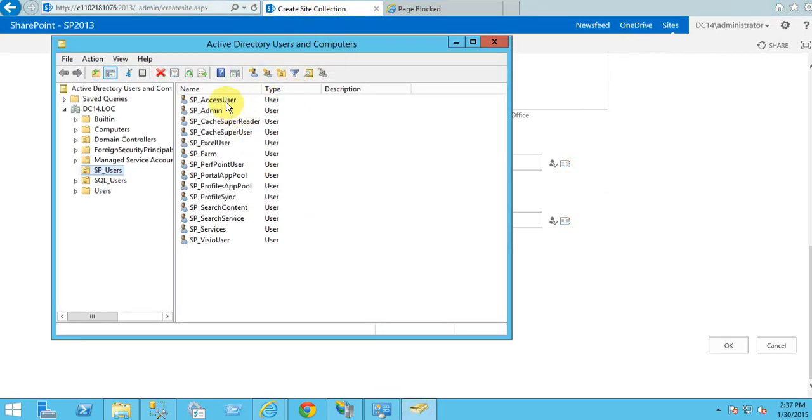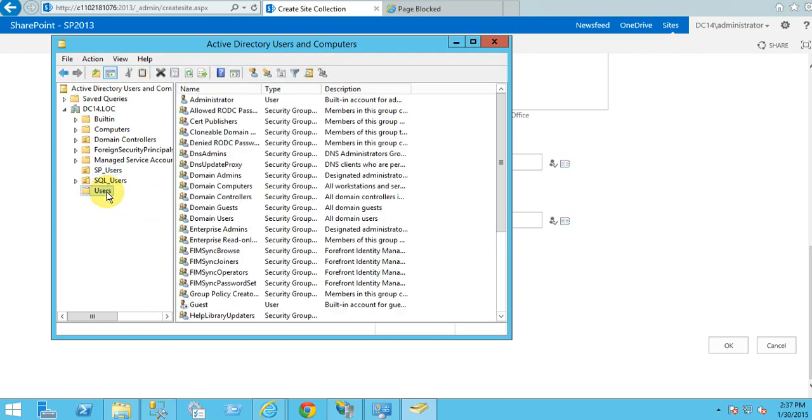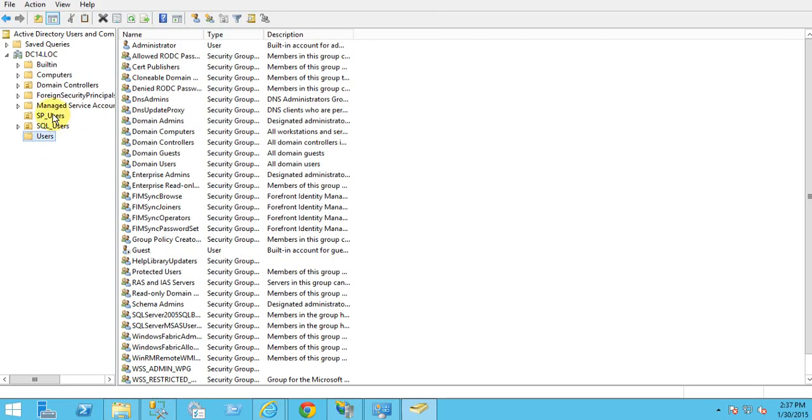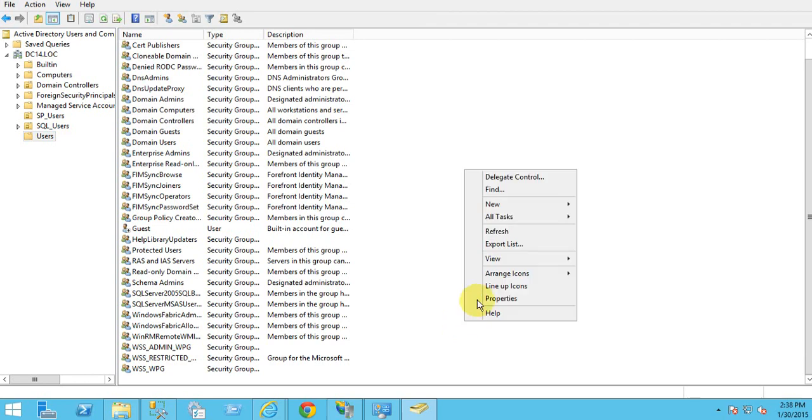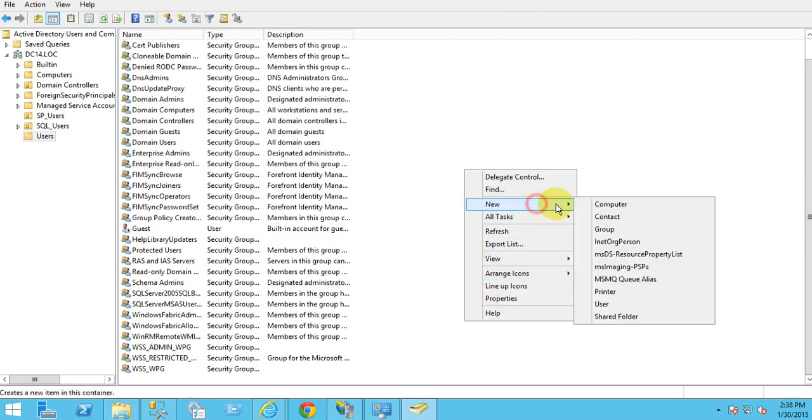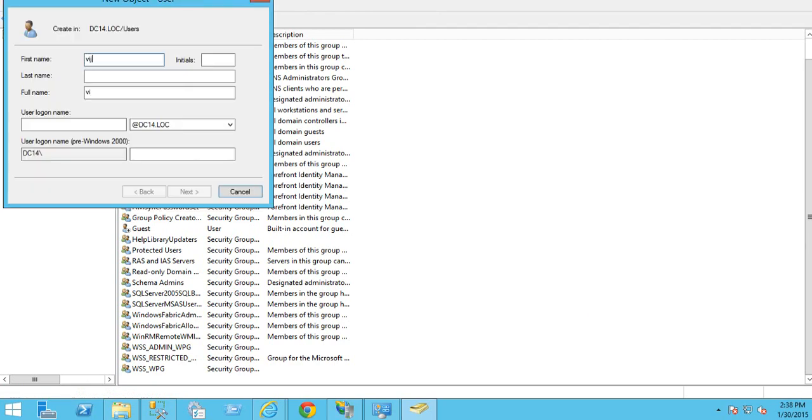See, these are the users, you can check here. These are the SP users. SP users are nothing but a special group, a special domain created for the SharePoint administrator. So just ignore this, and we need to check the users here. If you want to create users, you can create them here. Already the guest user is here, so if you want to create other users, just right click on this Active Directory and you can create a new user, and I'm giving here Vijay,